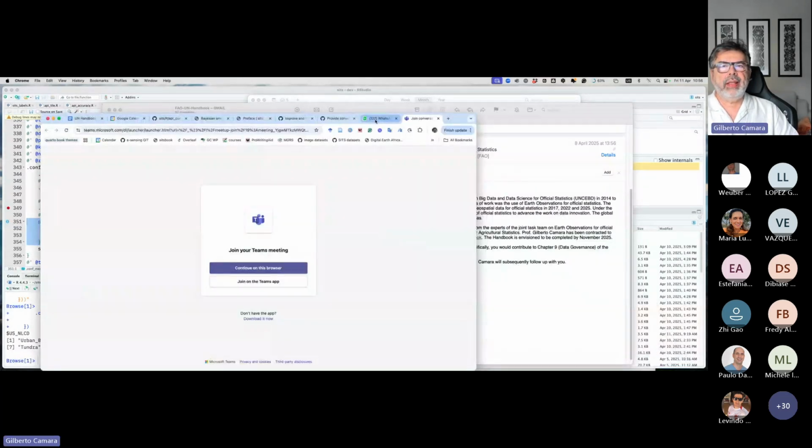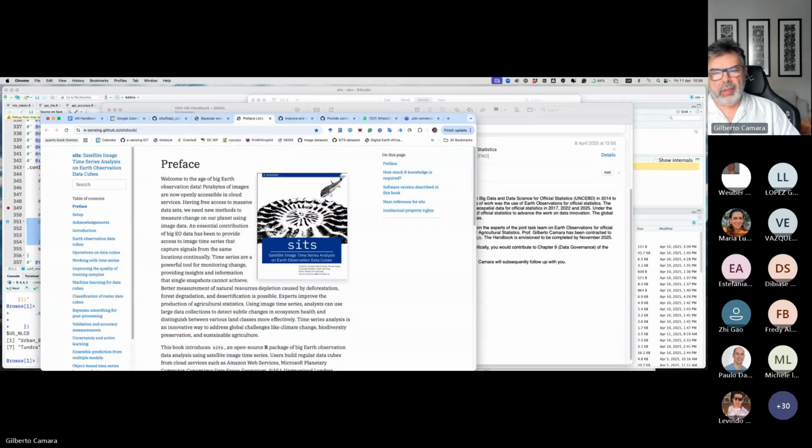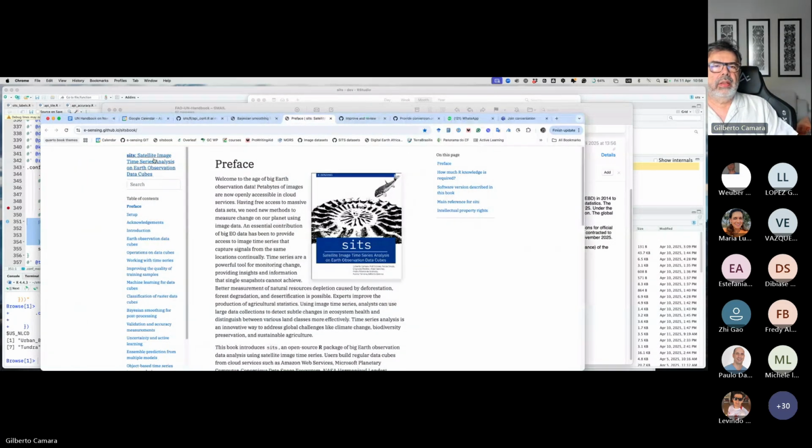So like I said, this is for those of you who have never seen, this is the online SITS book, which describes our software. It's online